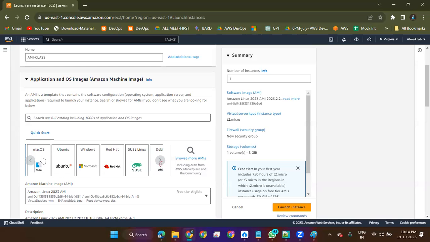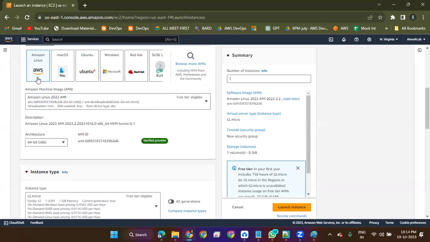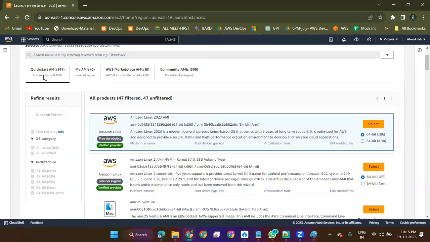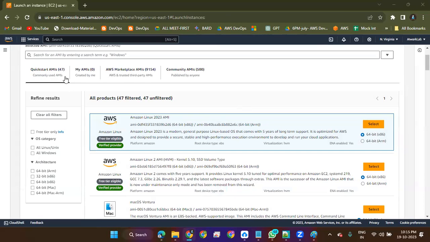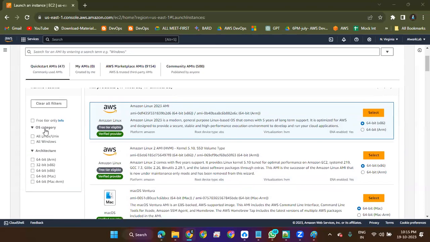I can take any of it. Let me go with Amazon Linux, which is already pre-built. If I browse more, I have these AMIs. Quick start AMIs are commonly used AMIs, which are all pre-built. And what category do you want to take? OS category, Linux or Windows, and architecture 64-bit, 32-bit, x86 or ARM, Mac, whatever you want, you can